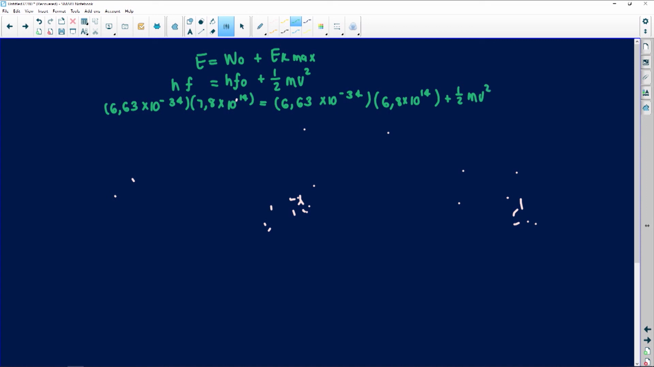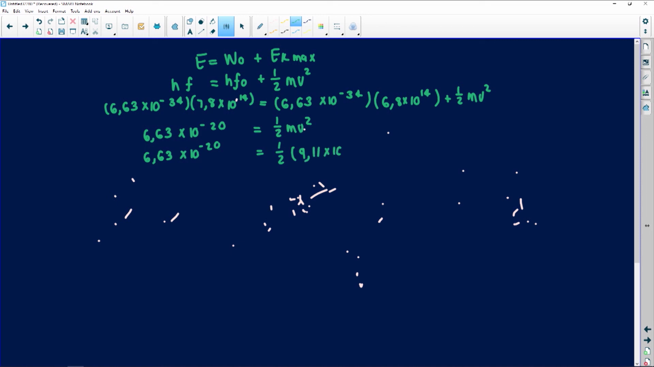This is what I'm going to do. I'm going to take this part to the other side and then subtract them. Because I'm running out of time, I'm just going to tell you what you need to get. You should get 6.63 times 10 to the negative 20. And on this side, you're still going to have a half mv squared. I can't have two unknowns, so I'm going to use the mass of an electron, which is 9.11 times 10 to the negative 31. Now I only have one unknown, which is my v. Now I'm going to multiply a half with 9.11 times 10 to the negative 31 and divide it on this side. I'm going to have v squared is equal to